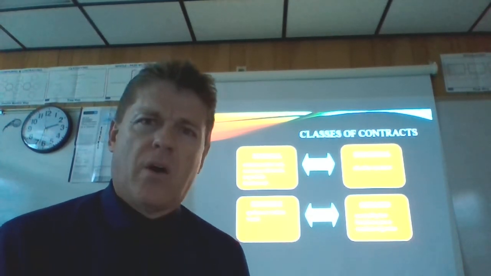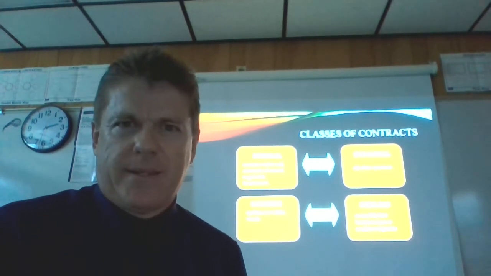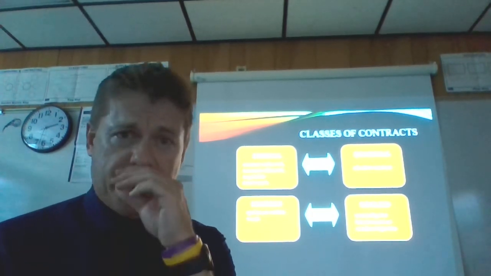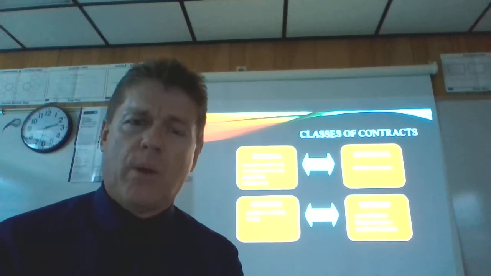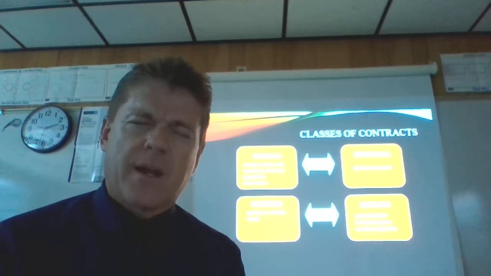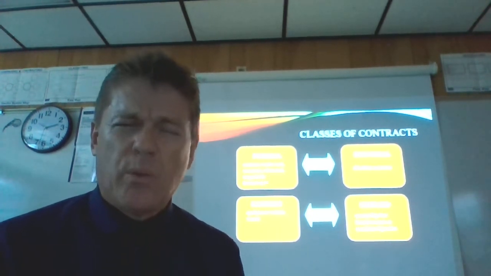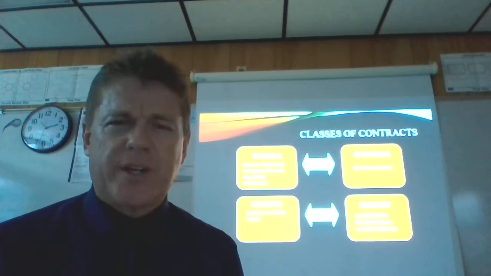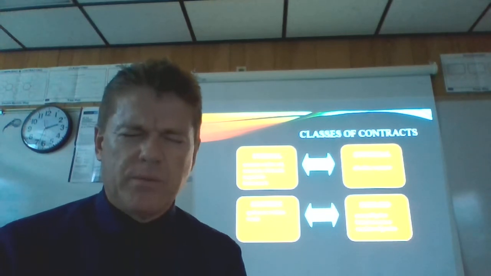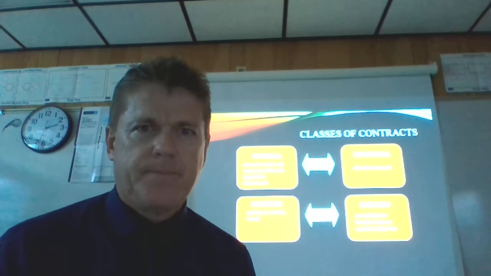Implied contracts are where the law will pretend a contract existed in order to avoid what is called unjust enrichment. And at the end of this chapter, I have a problem that we'll discuss, and it highlights how we have to pretend a contract existed, otherwise unjust enrichment would occur. And we really don't like to have someone unjustly benefit at the expense of another party. So we'll put a pin in this idea of an implied contract, and we'll come back to it.